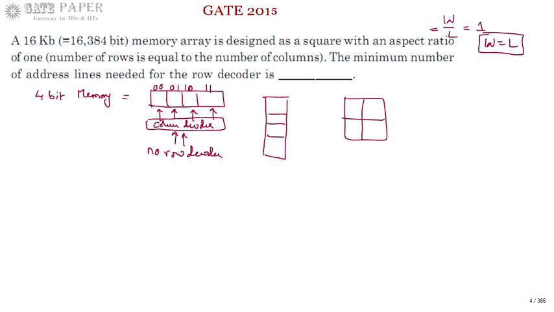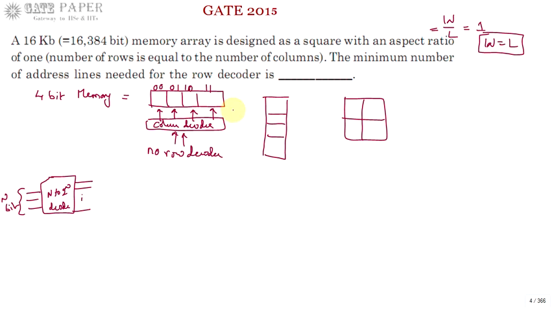We know that a decoder is generally specified as an n to 2 power n decoder, which converts n-bit information into 2 power n output lines. Out of those, only one line is going to be active based on the information presented on the input lines. So based on the n-bit value, only one out of these 2 power n output lines will be active and all others will be inactive.